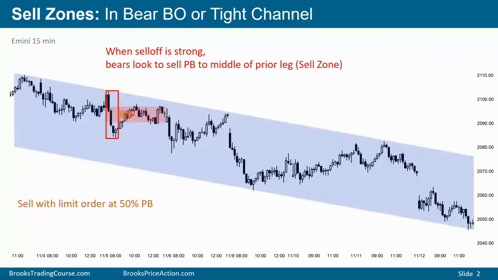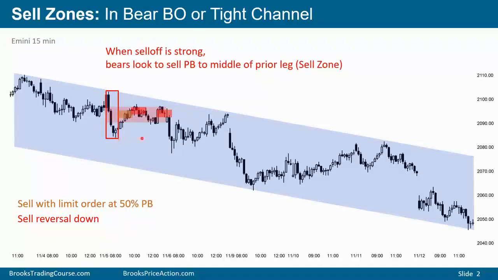Some will place a limit order to sell at a 50% pullback from the high to the low. Others will sell on a reversal down. For example, we have a bear bar here. We have a bear bar here. Some traders prefer to sell using a stop below the bear bar, somewhere in the middle third of the most recent leg down. They'll put a stop above.